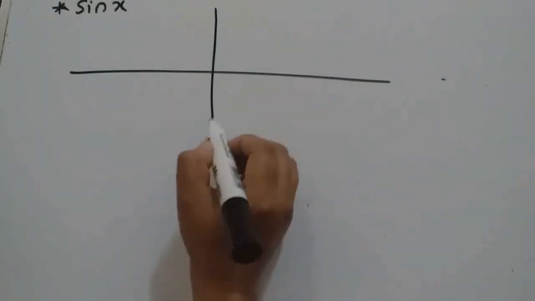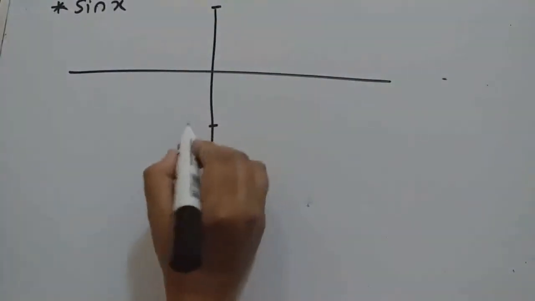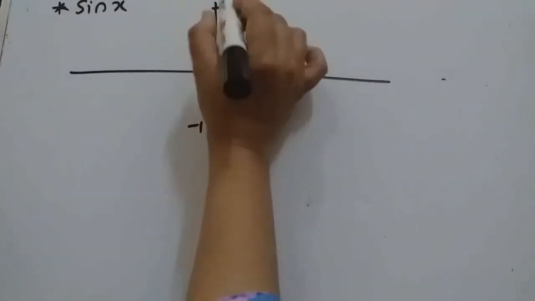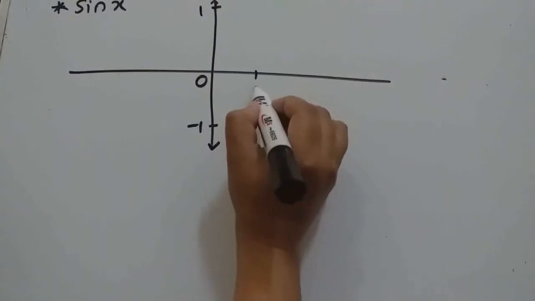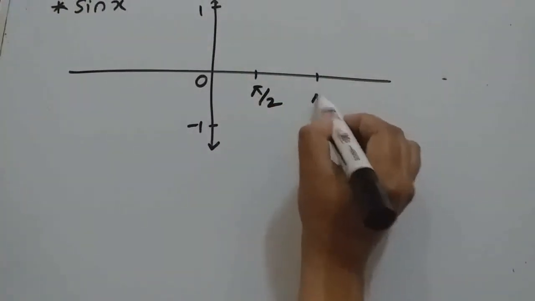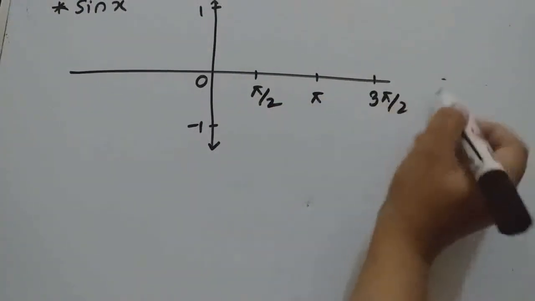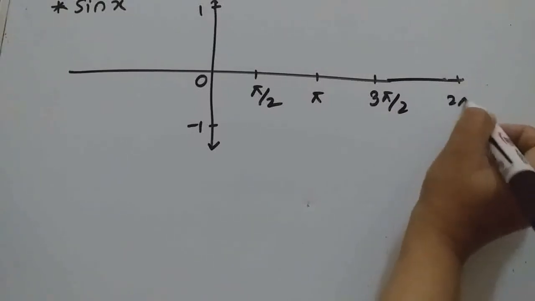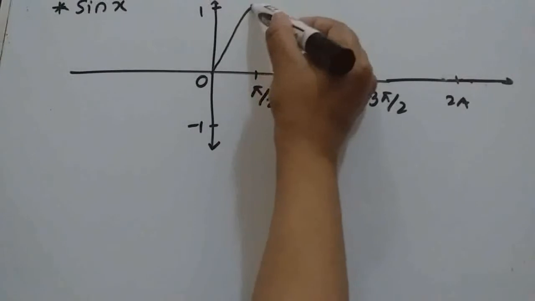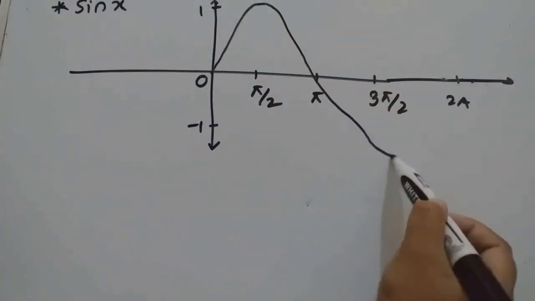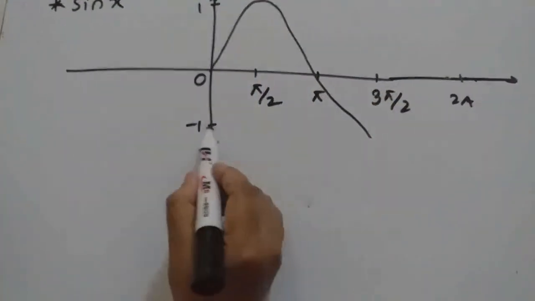So we saw the graph of sin x, isn't it? So we can discuss the behavior of sin x. Now what is behavior? It means how this graph represents, suppose 0, pi by 2, pi, 3 pi by 2 and 2 pi and so on. So we got this graph here, isn't it? -1 is here.